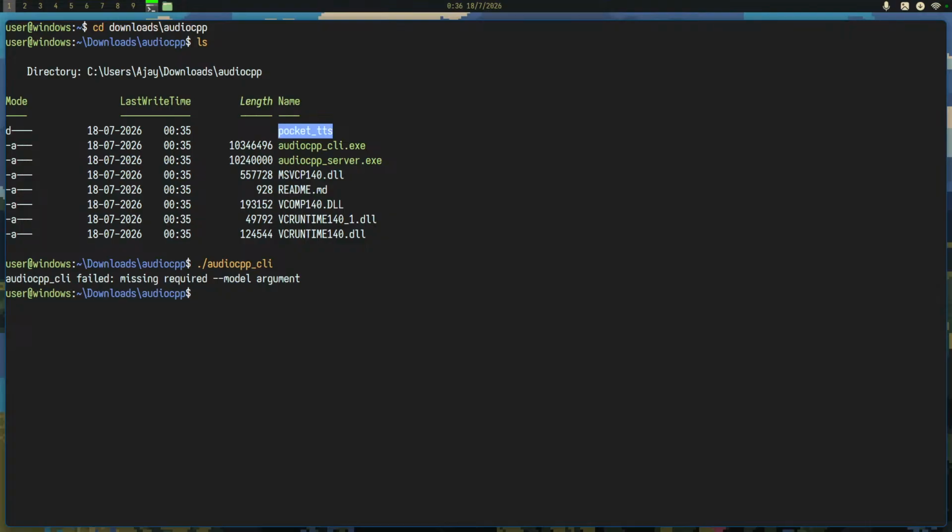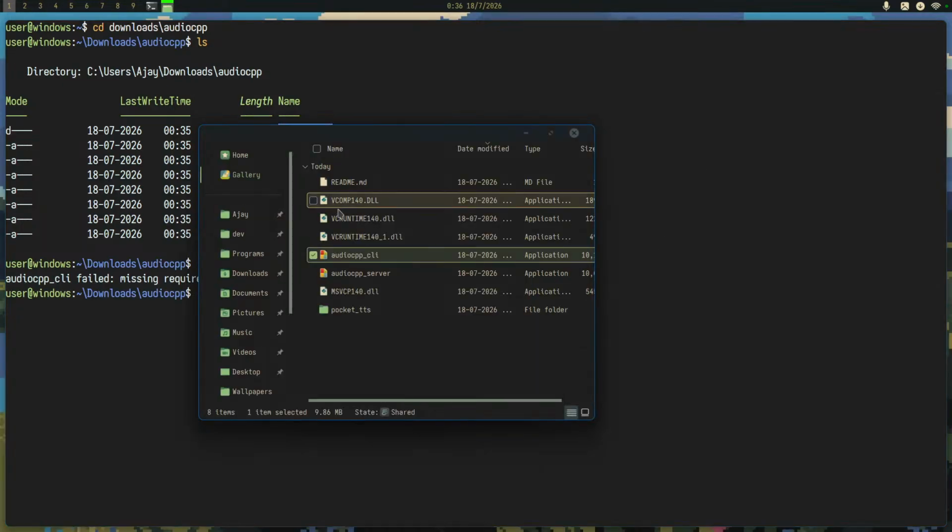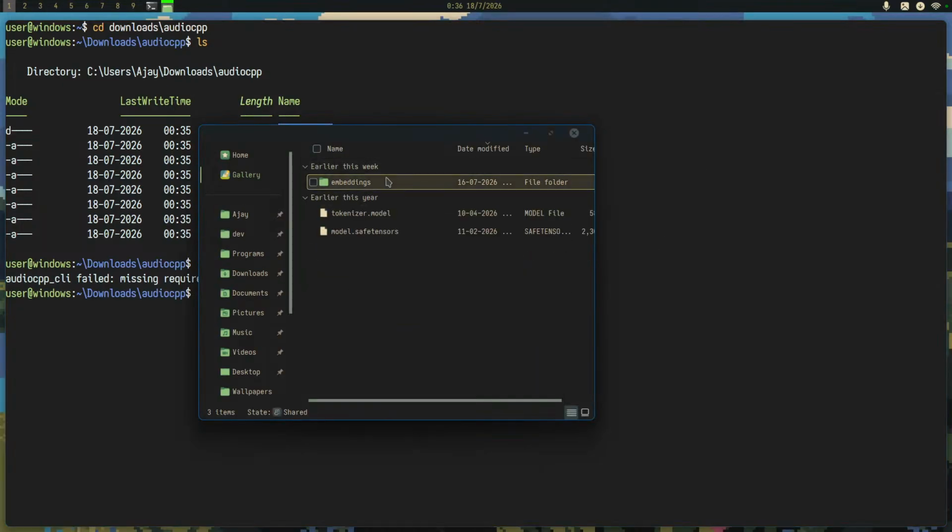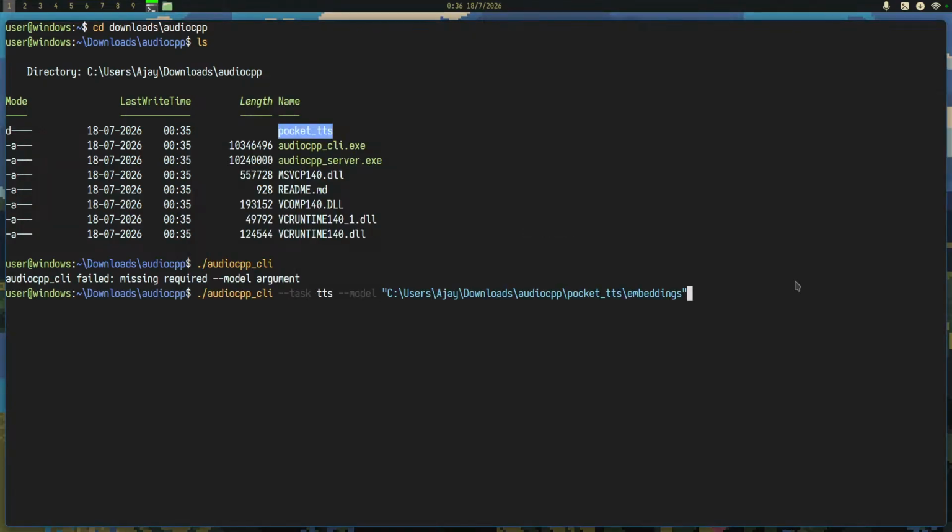okay, so we need to pass in the arguments. Before we pass in the model argument, I remember that we pass in the task. And the task is TTS. And the model is the model directory. And we can also pass in the text that we want it to say.